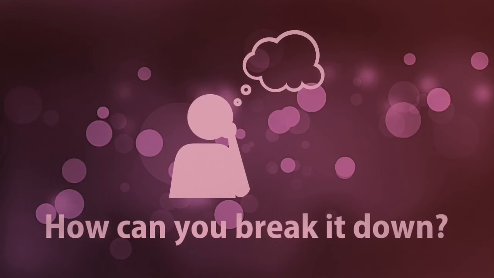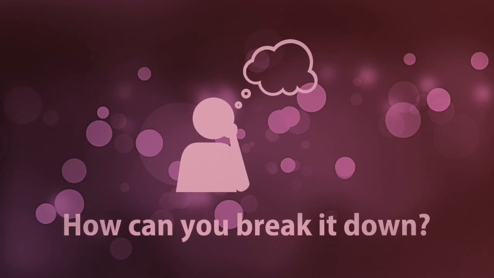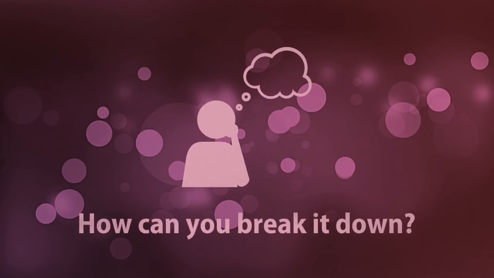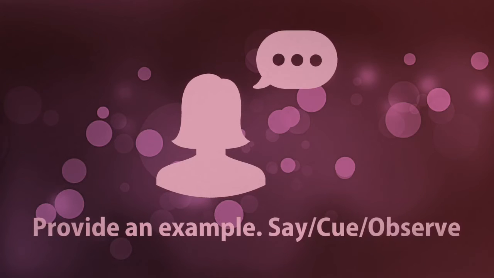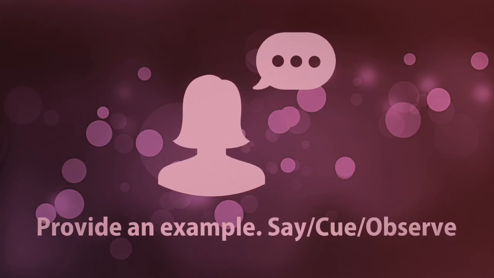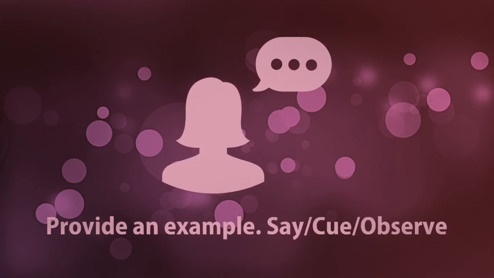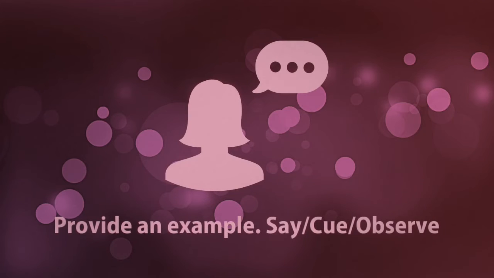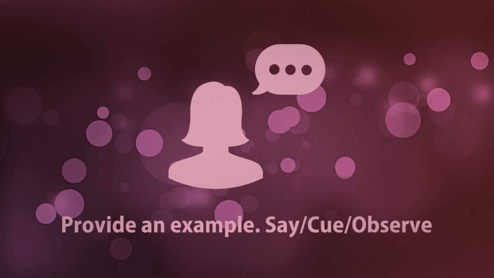Okay, so there are probably a limitless number of ways to break down difficult information and tasks, but I've found that there are 6 that work best. Here they are. Providing an example is as easy as it sounds. You might say, Brian is a noun. You might cue it by breaking it down further. Brian is a proper noun. And by breaking it down even further, you could observe Brian is a proper noun that is spelled